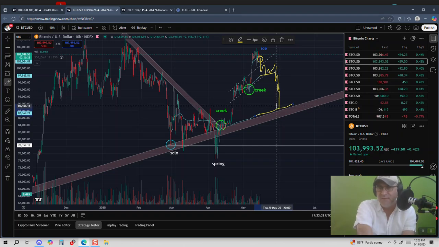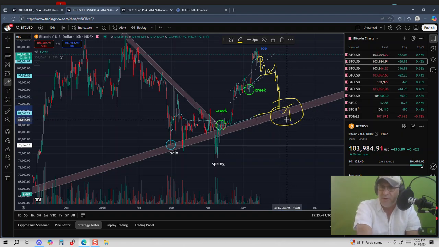I'm not waiting for 70,000. I'm not waiting for 85,000. Anywhere within the vicinity of this macro trend support line, I'll be buying, and then anywhere under that is just bonus,